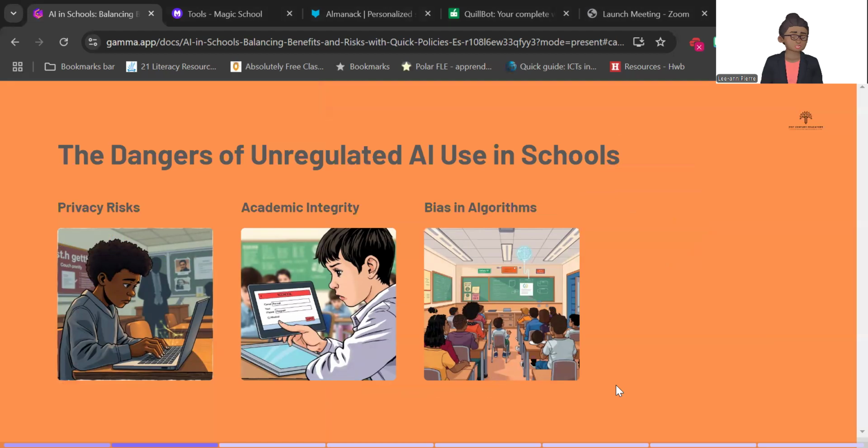So let's start by understanding why using AI in schools is risky without having clear policies. And as you can see on the screen, I've identified just a few. First, probably the biggest concern of most persons using AI, privacy risk. Many AI tools gather personal data, and sensitive student information could be exposed or misused without oversight. You can imagine in a school where data is collected with every student, data that is not meant for public viewing. If it is placed in an AI tool, it can be used for incorrect purposes.